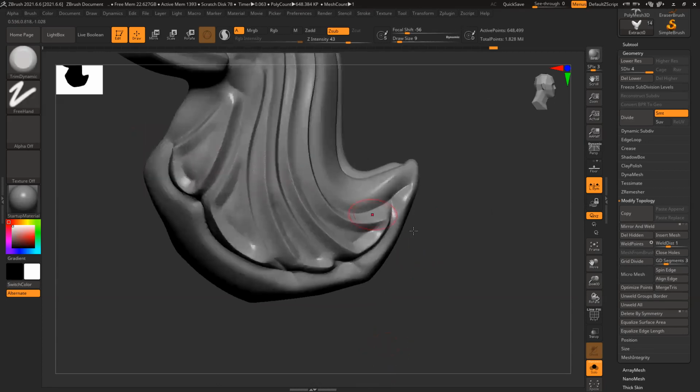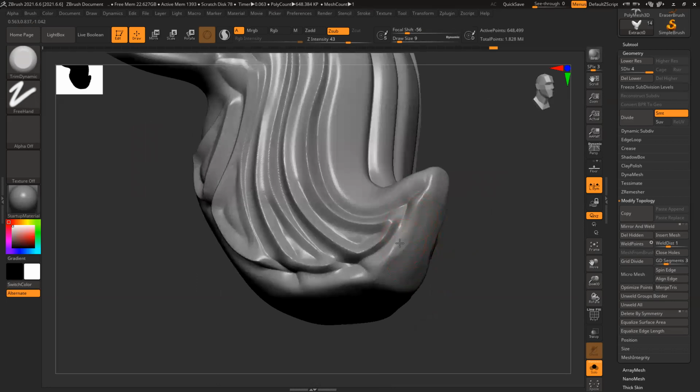Now I see a lot of parts are a little wobbly and not that hard, so I just make them clean.